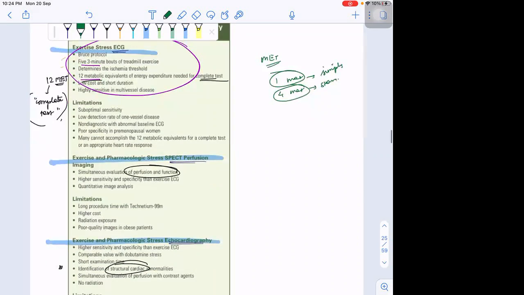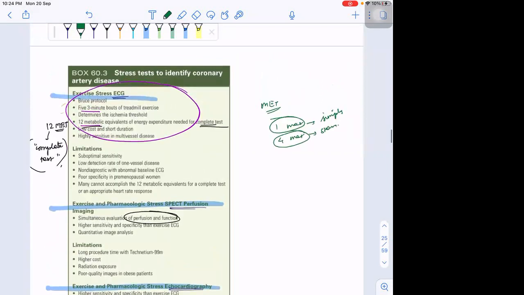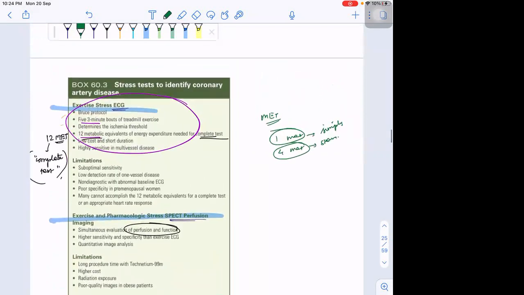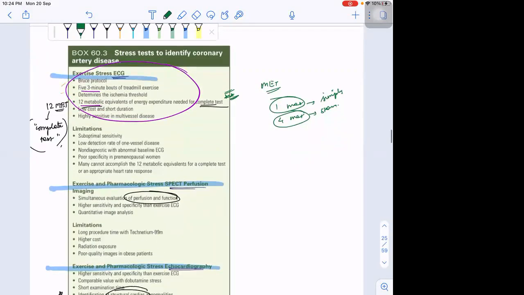test. 10 METs is tennis, or swimming. So you see the exercise value, you see the energy value. They will make them go on the treadmill at high speed. Actually, they mostly follow the heart rate only, 170, 180 beats. At that heart rate, they will assess how the ECG changes and all.